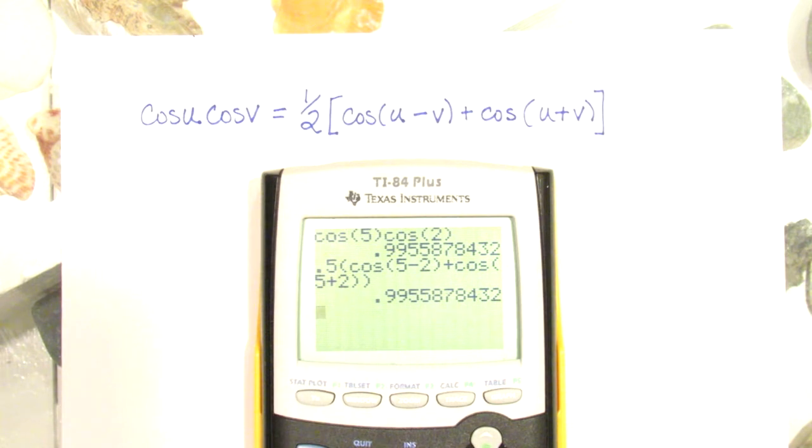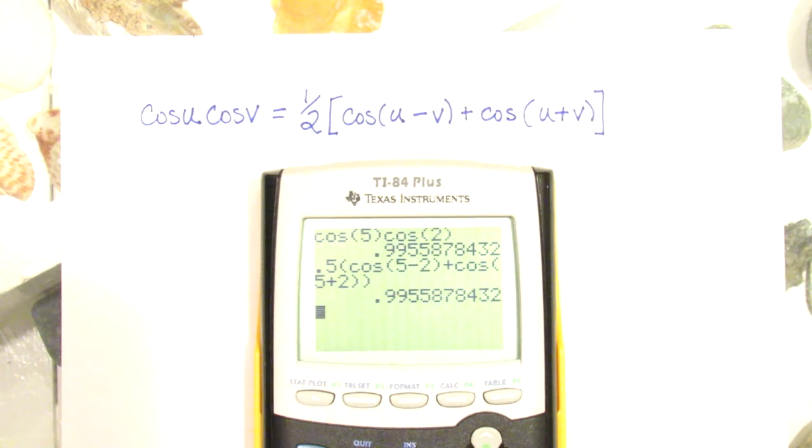If you are asked to verify an identity, it means that you're asked to show that it's true for all values. If you're trying to just check on your own, you might want to consider plugging in some numbers and seeing if you get the same value for the left side of the expression or the right side of the expression. So here we have one of the fairly common used identities, cosine of u times cosine of v equals